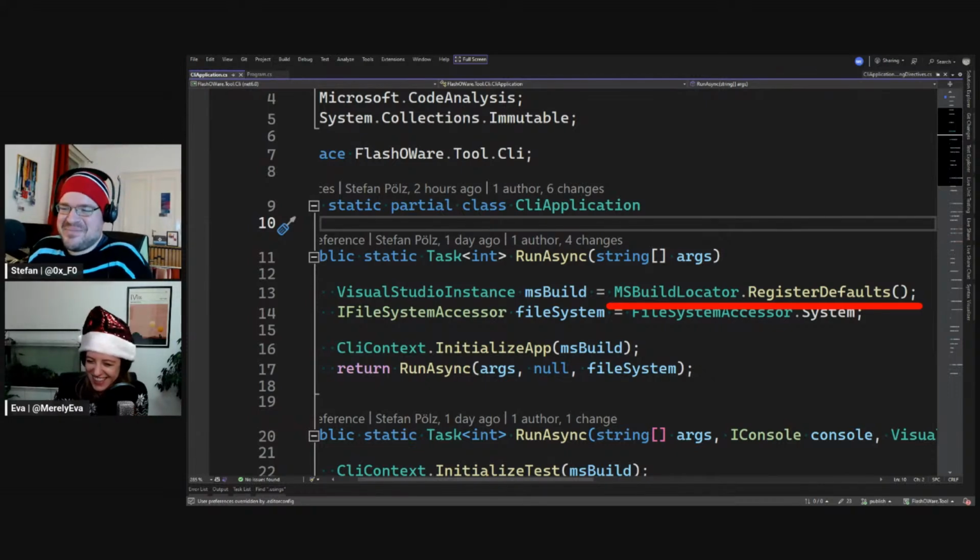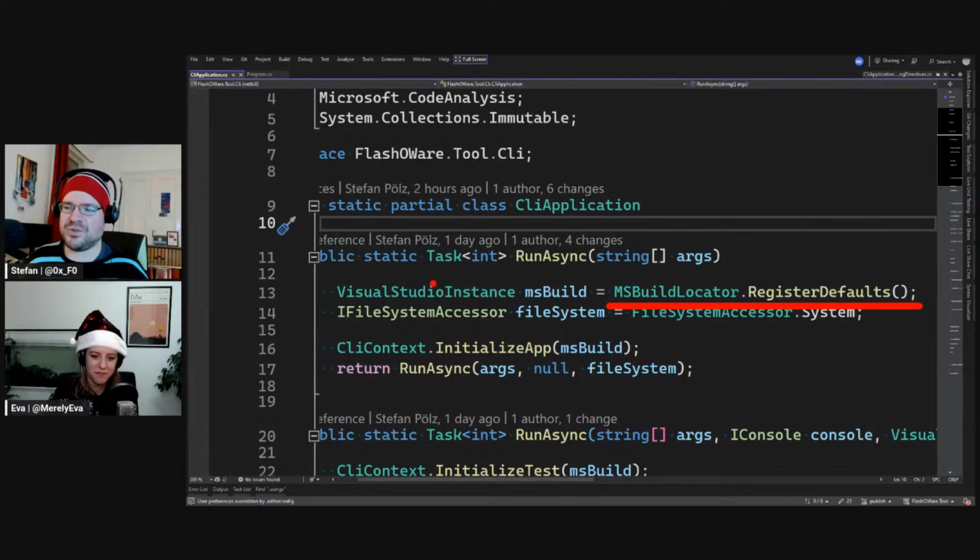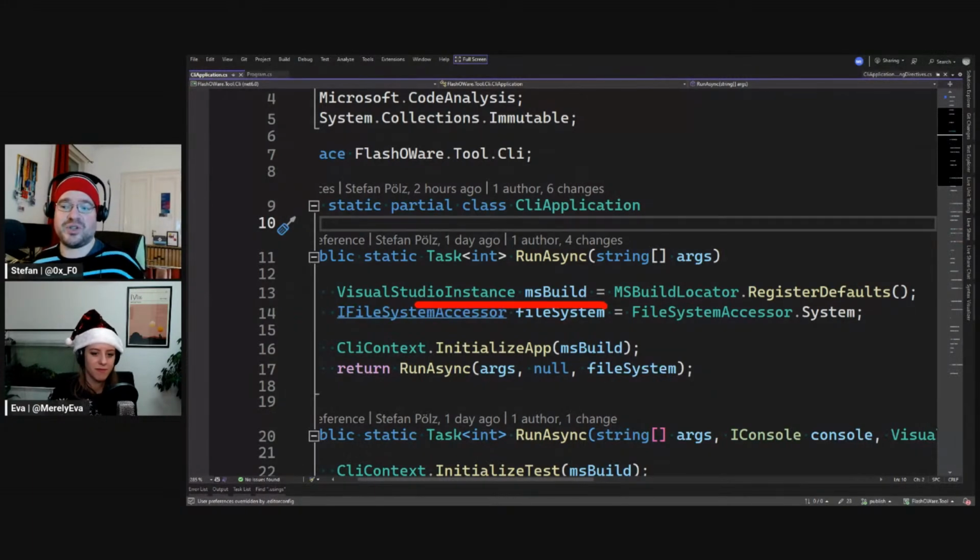We need this magic special method, which goes into a machine and finds the best match for the .NET SDK installation. Well, it's called Visual Studio Instance because previously .NET was always part of Visual Studio. Now with the newer .NET Core, there is also a standalone SDK available. So to not break anything there, we still have this name. And this now, in our case, contains the information about the .NET 8 SDK, which we can use